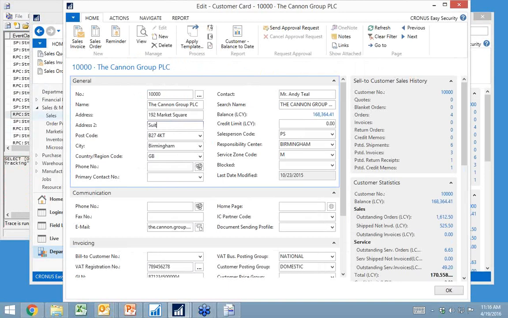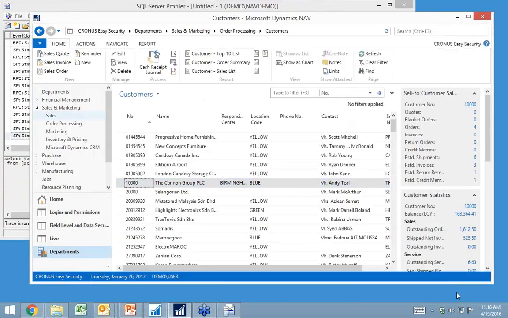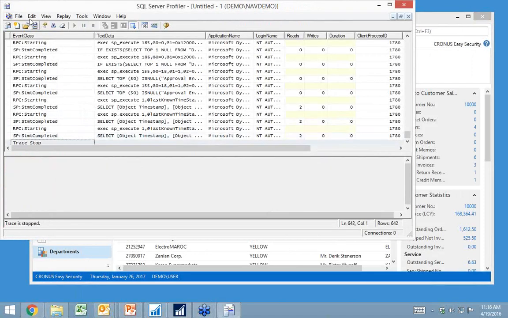So as I go in here and simply modify a single address, it seems like it would be pretty limited what permissions I would be needing for that. But the trace back here has captured it all.